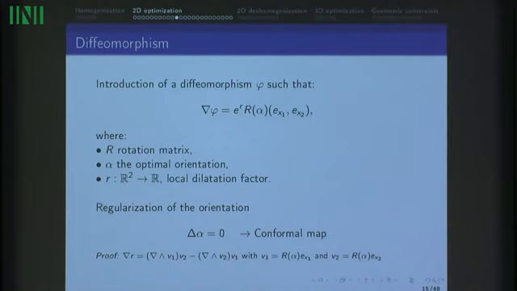And since I want to distort my cells, I have to slightly dilate them in some areas and contract them in others. So I have this little coefficient, the dilatation factor. An important thing to say is that we have the same dilatation factor in both directions. This means that I want a square to be distorted as a square. This means I want a conformal map and not